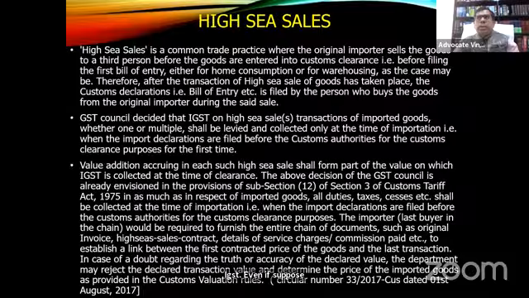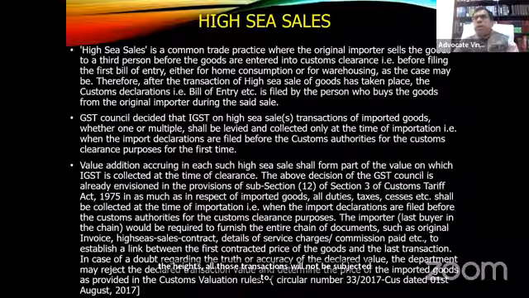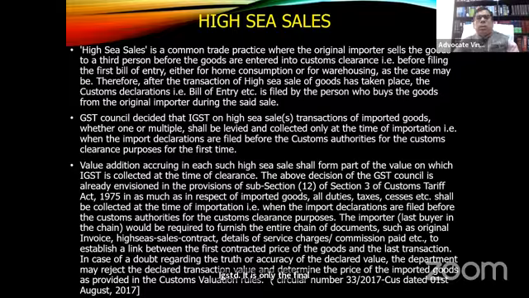Even if suppose there are multiple transactions on the high seas, all those transactions will not be subjected to IGST. It is only the final transaction. The person who is bringing the goods into the customs frontier of India or is getting the goods cleared from the custom authority will have to pay the IGST. Rest of the transactions will not be liable to any tax whatsoever because those transactions take place outside the territorial jurisdiction of India. As there is no transaction which has taken place within the territorial jurisdiction of India, there will be no IGST.